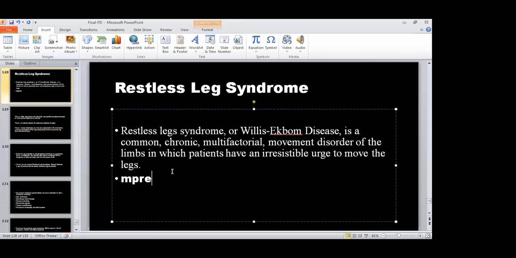There are different journals now discussing restless leg syndrome. Okay? So I think males have increased risk of mortality compared to women, but incidence-wise, it's more commonly seen in women rather than in men.